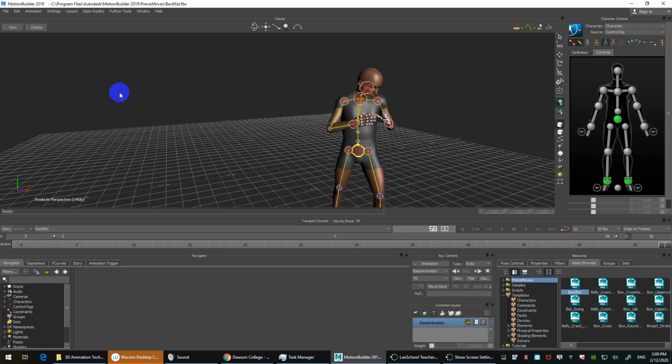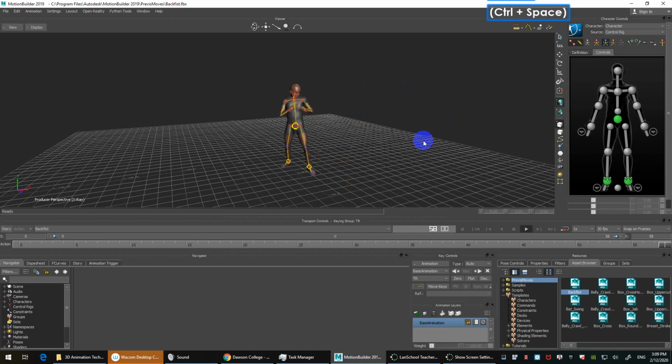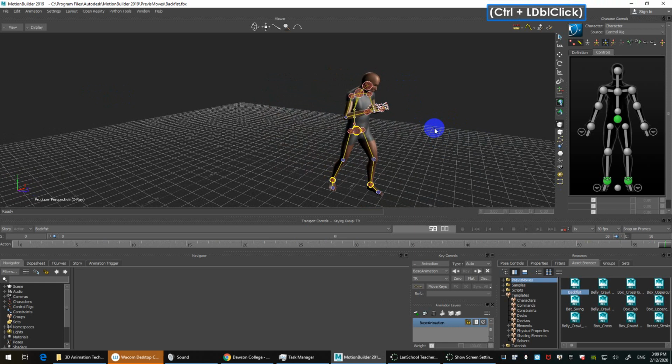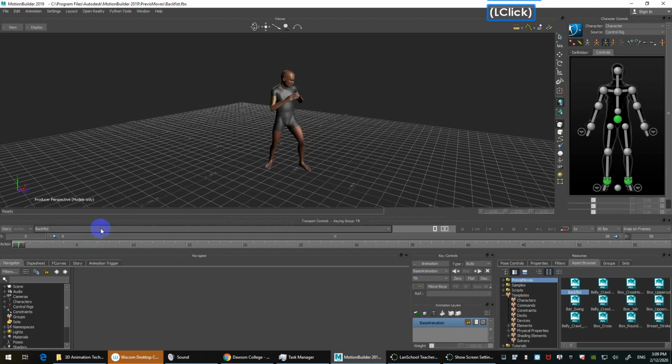Okay, so I baked the motion on the control rig, and now if I go in story mode here,